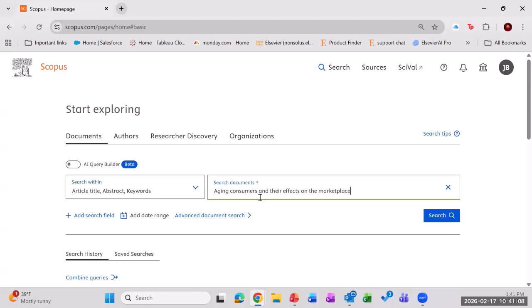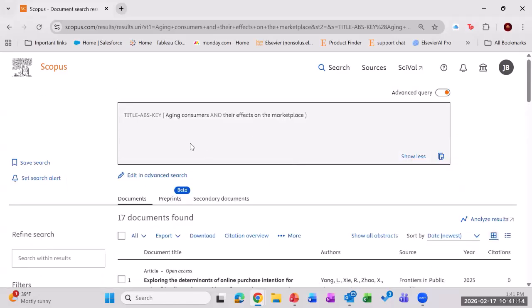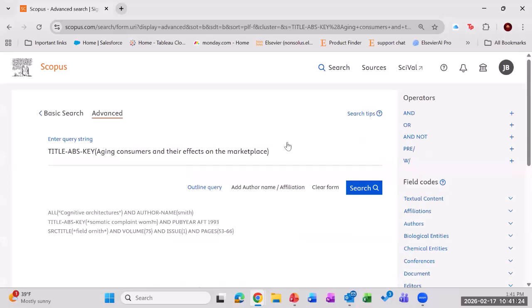So if you were to search for this, I'm going to show you what that would look like in a typical search. So again, you see it will search agent consumers and then search "and their effects on the marketplace." If you wanted to, you could also edit this in an advanced search. And from there, this is where Scopus becomes your playground when you want to do really advanced searching. If you're really good with Boolean, you can do a lot of really